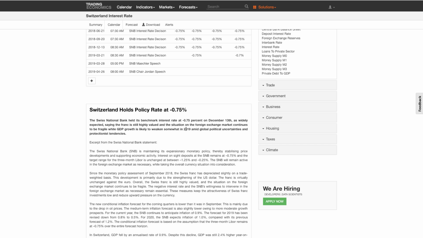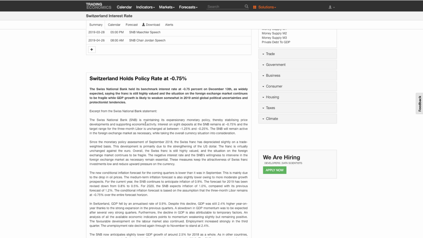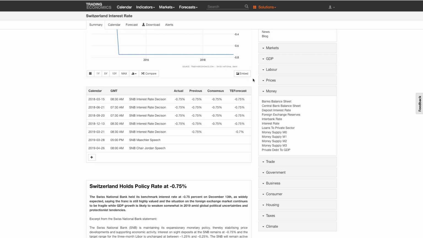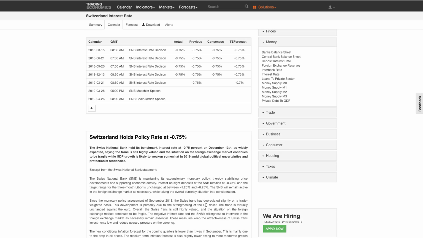GDP growth is likely to weaken somewhat in 2019 amid global political uncertainties and protectionist tendencies, right? And you can read the statement, right? But they're looking at the economy, they're looking at everything, and they're telling you what they're expecting. These are the smartest guys in the room, the Swiss National Bank, and they're telling you that they think it's still highly valued, and they expect global growth to weaken, and there's going to be some political uncertainties. So if they think that it's highly valued and they want to weaken the currency,